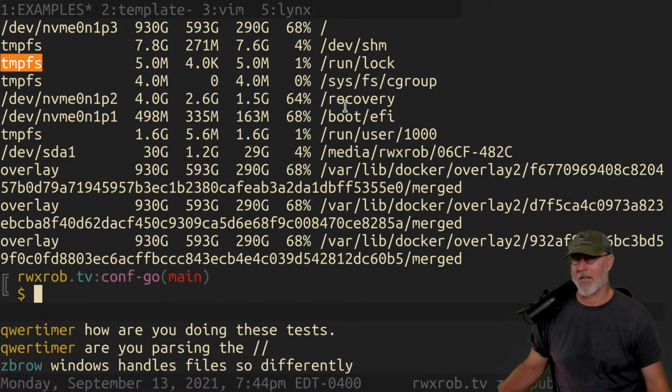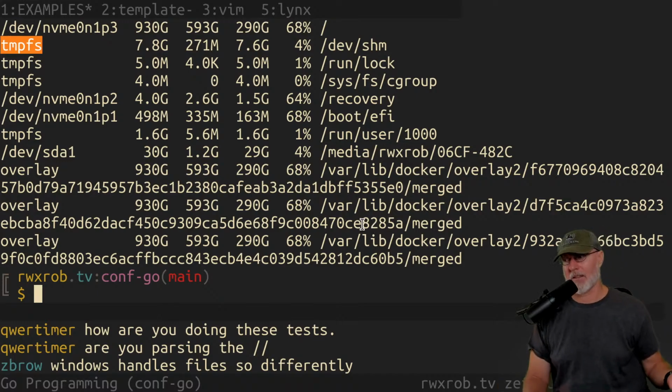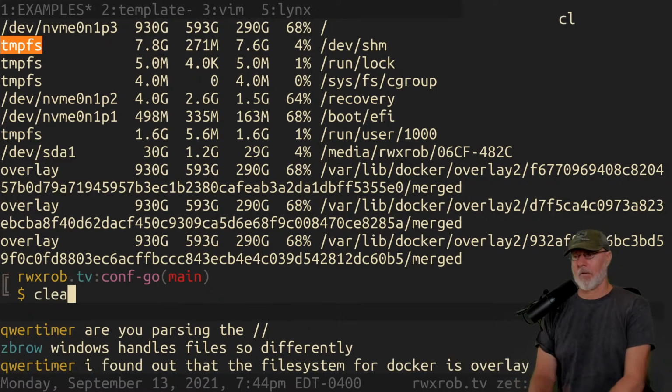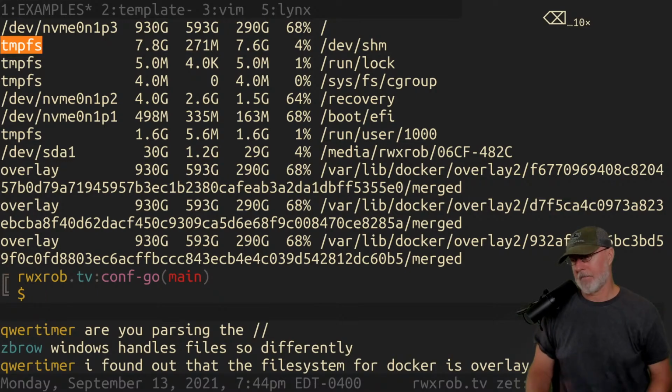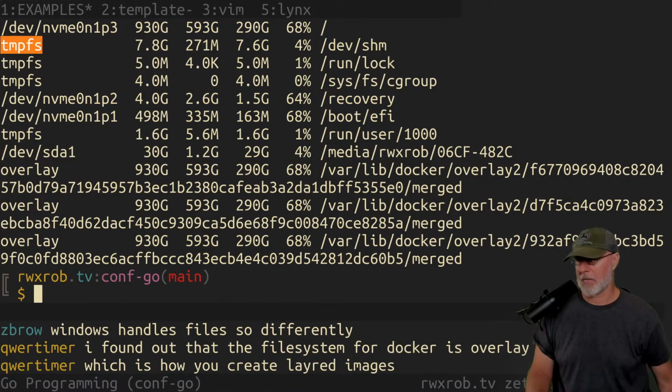Something interesting I noticed not too long ago was that I don't know when they did it, but /tmp is no longer ephemeral. It's not a tmpfs anymore. There's a script that clears it out, but it's an actual part of /. That was a pretty big deal to me when I noticed it. For Docker it's overlay. Is it really? Nice. Yes, that's right, because you have to go in there. I was playing with that on the node the other day, actually.